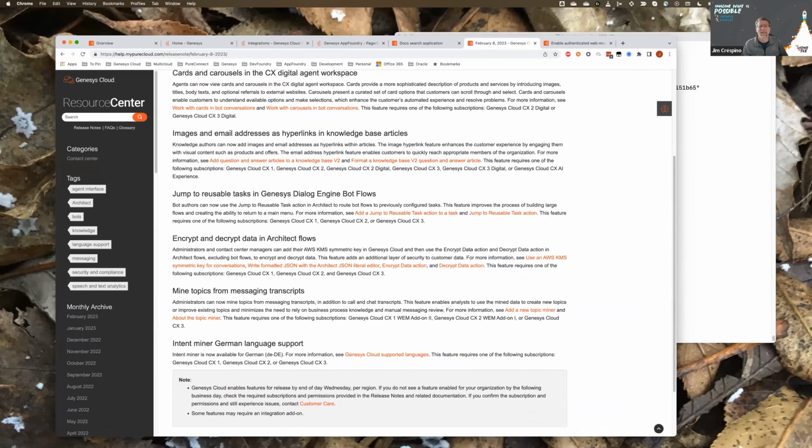All right. For event triggers, when is the UI going to be available as opposed to having to create a trigger via the API? Josh, I don't have the answer to that question. I wish I knew. It is not high on the roadmap. Unfortunately, there's some other higher priority items to get done that team is working on. So I don't have a feeling that there's going to be a UI anytime soon. So I wish I had an answer for you. I think right now it's going to have to stick with the APIs.